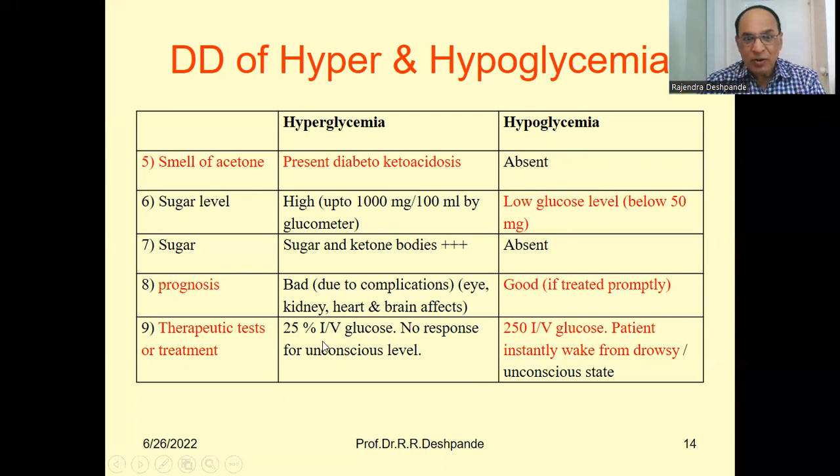Okay. Treatment: 25% IV glucose. When you are in doubt whether it is hyperglycemia or hypoglycemia, give immediate 25% IV glucose. Forget about whether it is hyper or hypo. If it is hyper, what will happen? Blood sugar will rise more and you will admit the patient in the hospital. But if it is hypoglycemia, the patient instantly wakes up. You become happy. Oh, my grandfather has been saved. My grandmother is saved, because she may die if this is not done. So 25% IV glucose can be given to any diabetic unconscious patient. This is my say. Okay, take it from me.